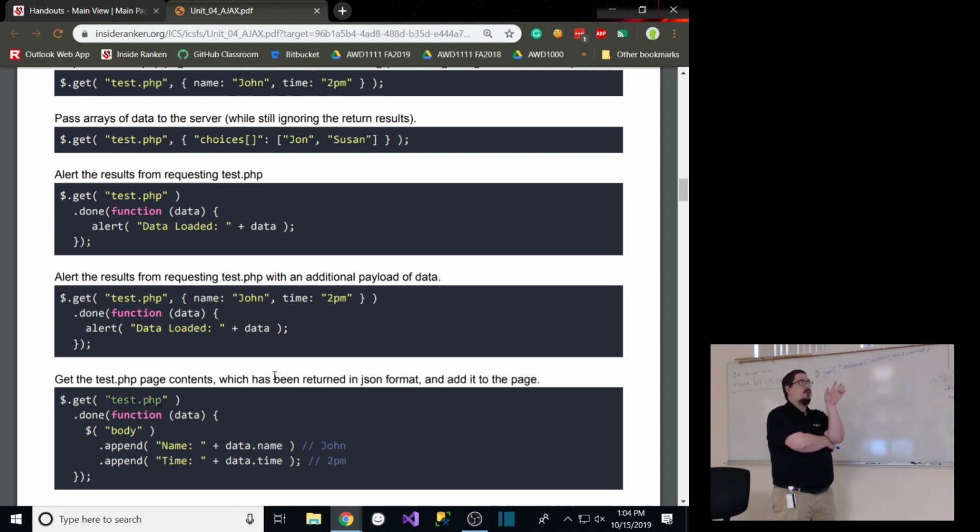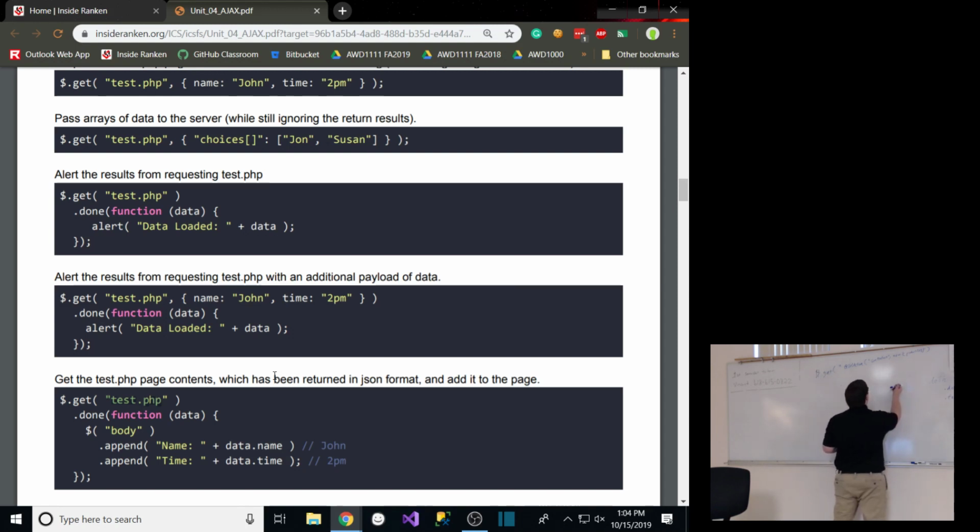But more often than not, you're not going to know your inputs until the user clicks on the thing, right? So most of the time, we're going to need to actually do that in JavaScript. So if I want to put that value in JavaScript,